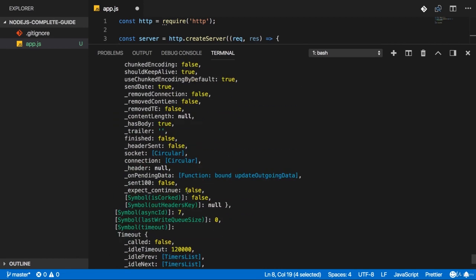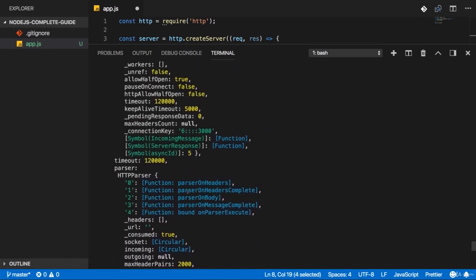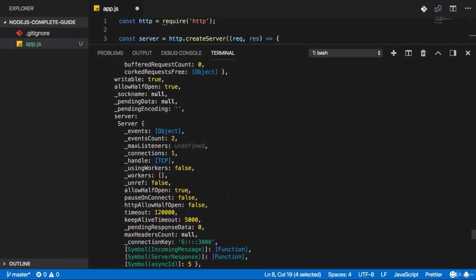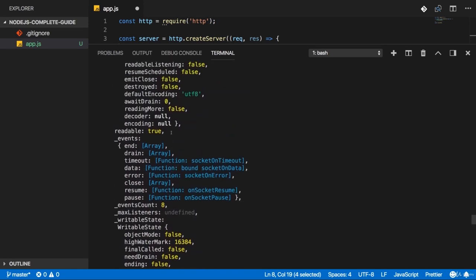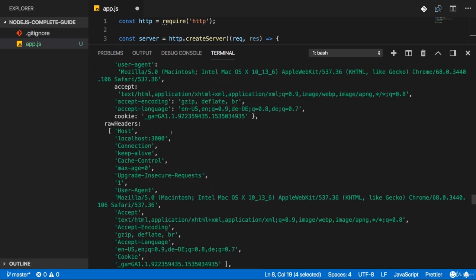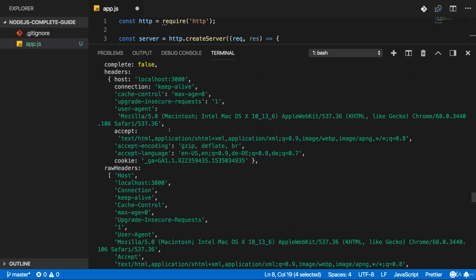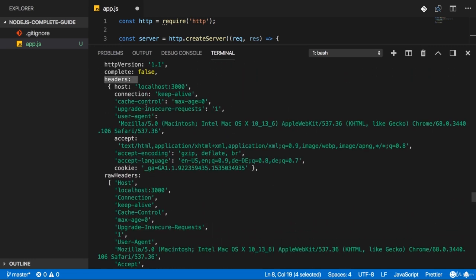If we have a look at it, we see it's a very complex object. There's lots of data in it. It's not just data. These are also partly functions we can call and so on. So this is quite a complex object. But we also see that, for example, we have some headers here. Headers, as I mentioned earlier, are metadata, meta information added to a request and also to responses, by the way. And there we see, for example, the host the request was sent to.